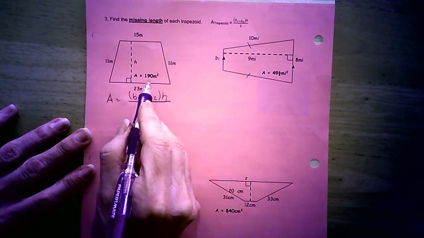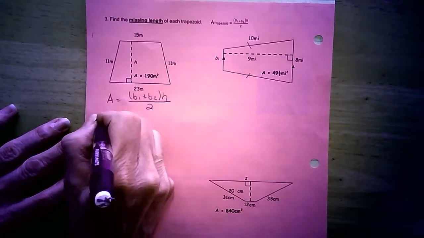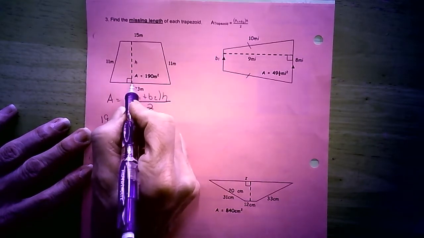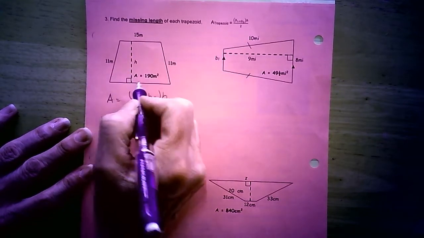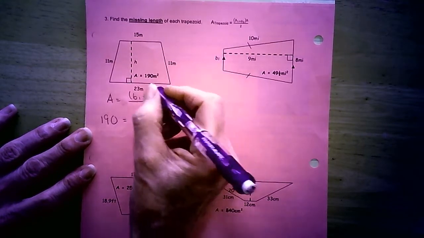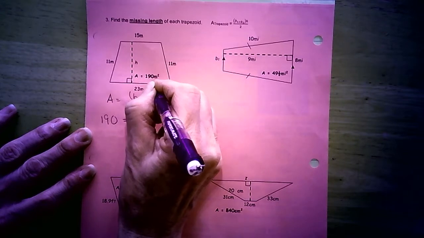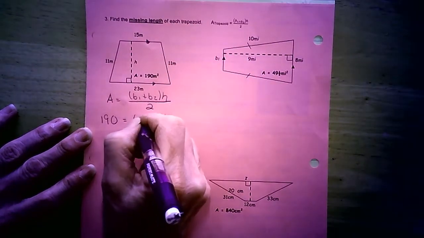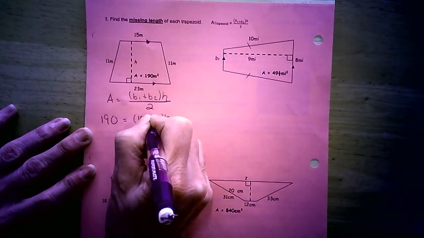They give us an area of 190 square meters. The height is the dashed line, and that is unknown, so we're going to keep that H. But our two bases, the two parallel sides, are 15 and 23 meters. So 15 plus 23